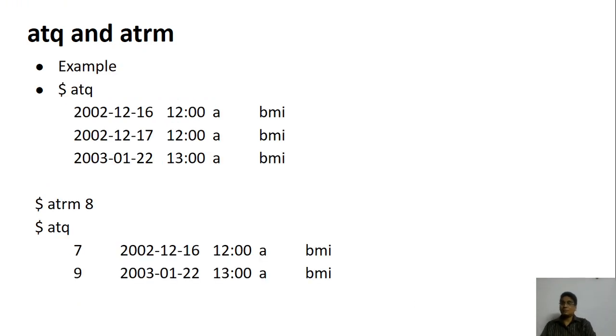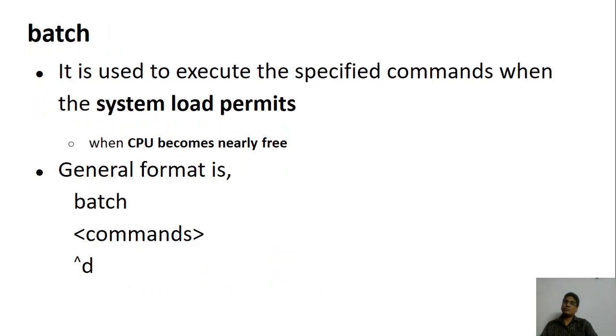So for example, atq, if you do it, it may show you some of the files which are added to the at queue, and atrm will remove a particular thing. The next one is like batch processing. If you want to specify a set of commands to be loaded and used in the CPU whenever the CPU is free, you can batch them together and put them. You know very well that in batch processing you have a set of jobs that needs to be run whenever the CPU is free. The same idea here: you use the batch command and type the command. Whenever the CPU is free, it's going to execute that particular command.